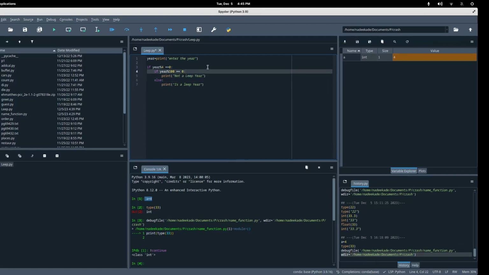No, sorry, I forgot. If it's not divisible by 100, it's a leap year. So if it's not divisible by 100, it's a leap year. But if divisible by 100, we have to check another one before saying it's not a leap year. Sorry. Okay, here I have to further check